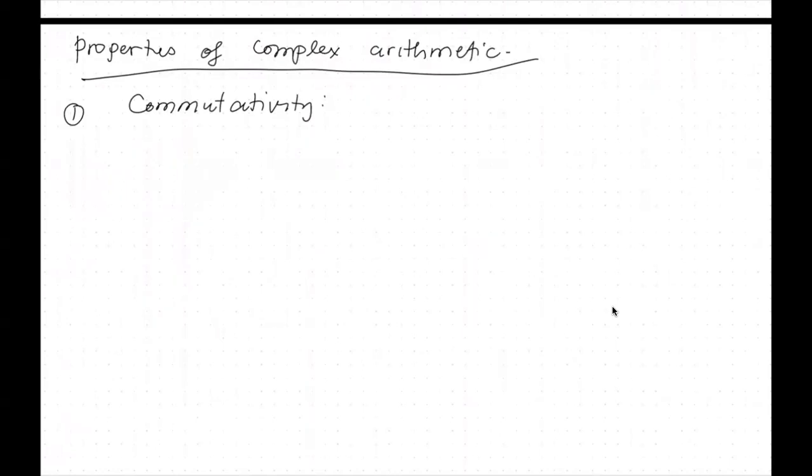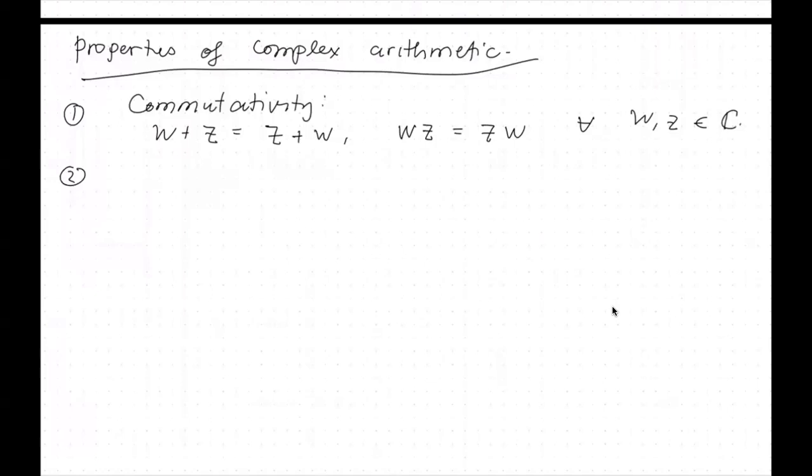Commutativity of the operation of addition and the operation of multiplication. So here w plus z is equal to z plus w, and also wz is equal to zw for all w and z in the set of complex numbers. Number two,